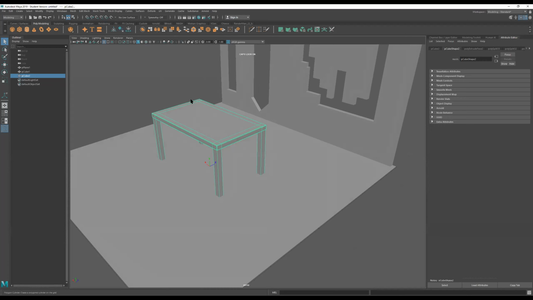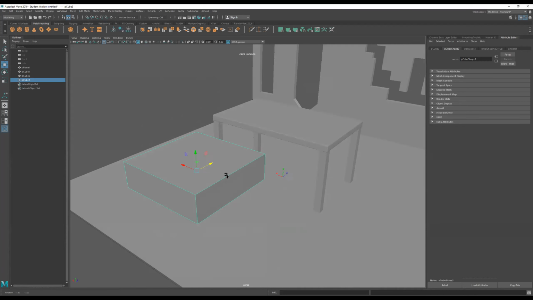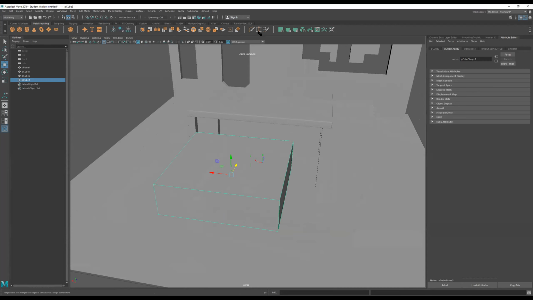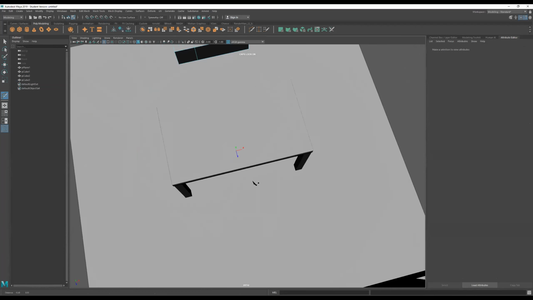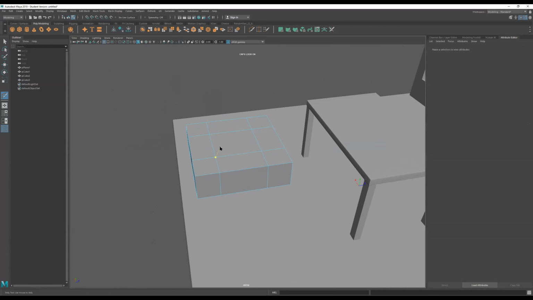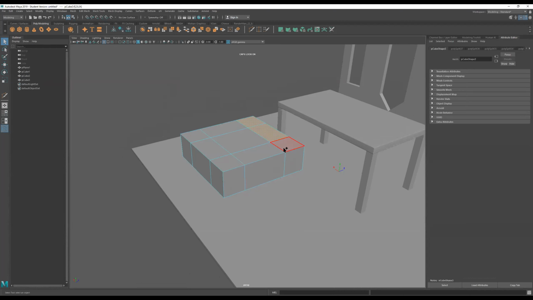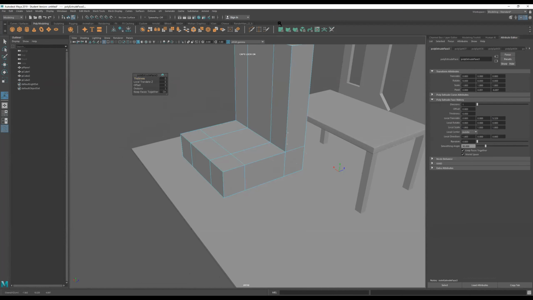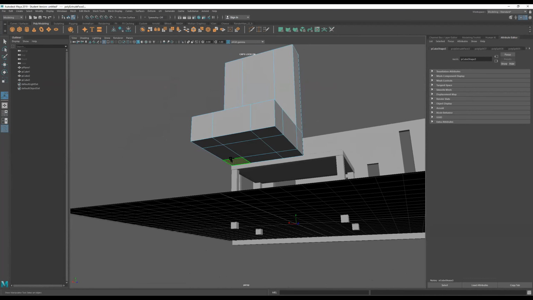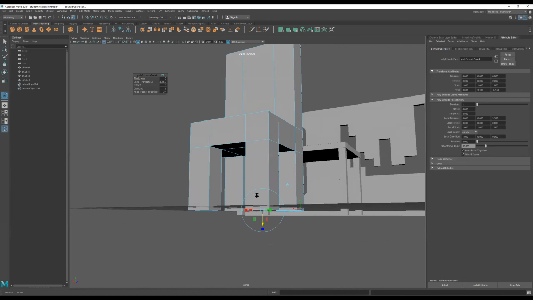Let's do a chair real fast. Super fast, because the time's running out. But I know how to do this, so I'm going to do it. So I have my chair right here. I'm going to go over here, get my knife tool. Whip, whip, whip. I'll press Q to quit. And go over here, select these, Control E, drag it up. Going over here, 1, 2, 3, 4, Control E, drag down. We have a chair,